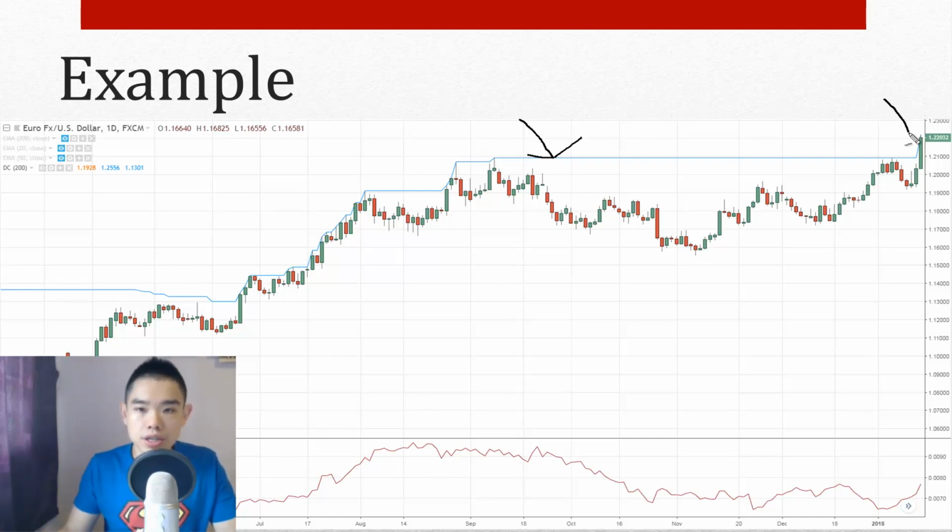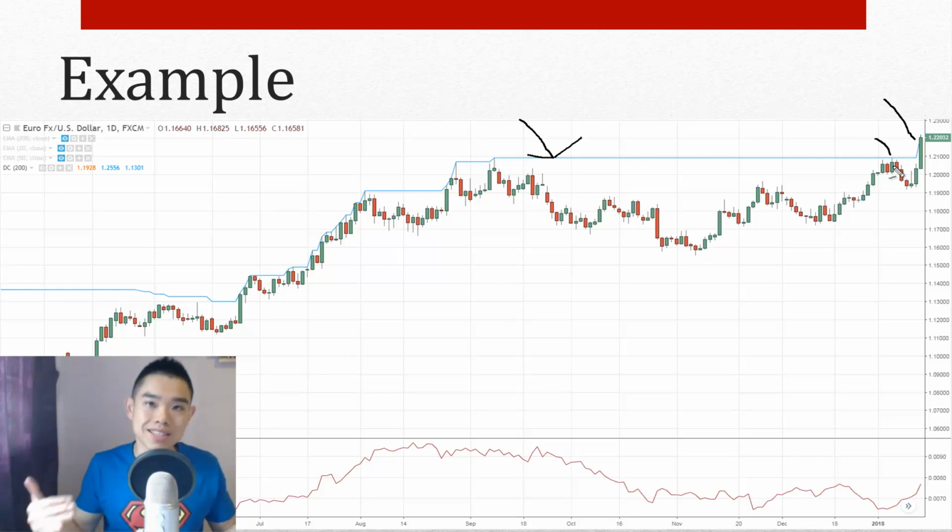So this candle over here has closed the highest over the last 200 days. How do I know that? Because this blue line tells you the highest high over the last 200 days. So ask yourself, which candle formed the highest high over the last 200 days? Well, it's probably this green candle over here. Then ask yourself, which candle has the highest close? Well, probably it's this candle. It has the highest close over the last 200 days.